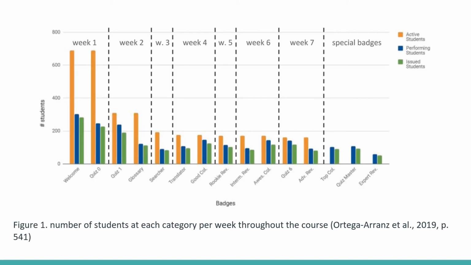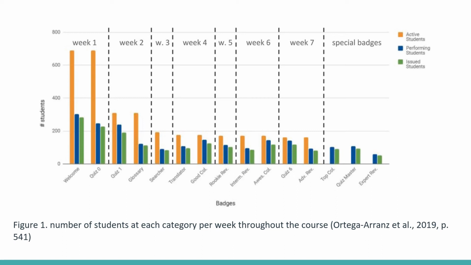There was a sharp decrease in the number of active, performing, and issued students during the first 2 weeks, which then slightly decreased in the rest of the course. The ratio of students who were issued a badge to those who fulfilled the badge conditions was high and stable, more than 79% for every badge. Depending on the badge type and the associated conditions, students did behave